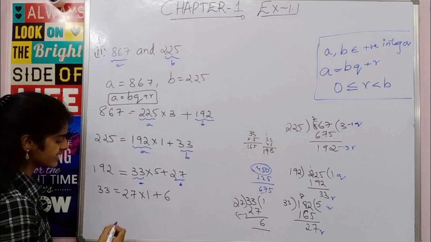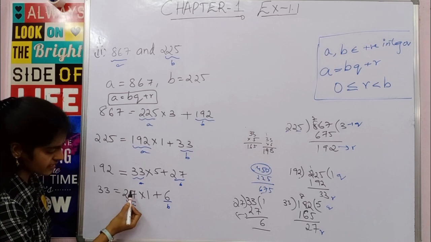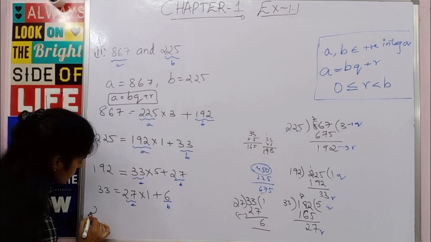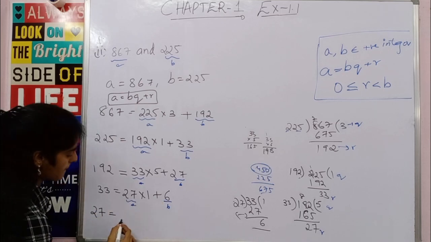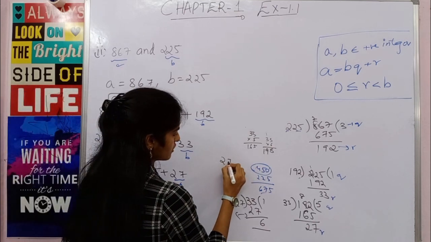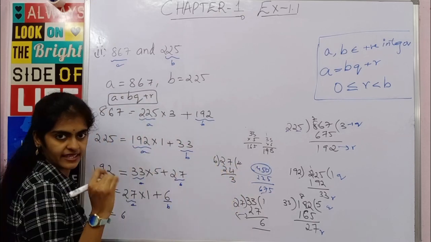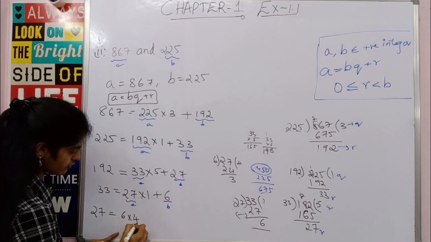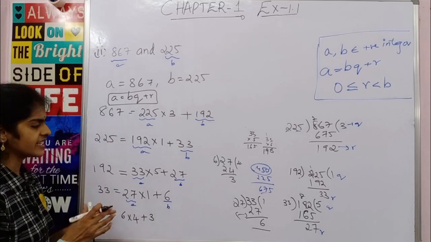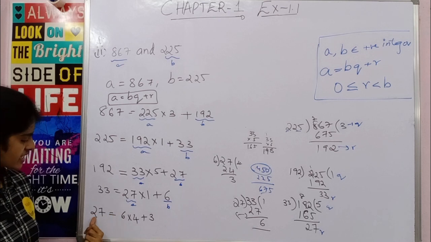Now again you can see this is A, this is B. After the equal to sign, the first number will be A and this remainder will be B. So 27 is equal to, B is 6, Q plus R. Now if you divide 27 by 6, what will you get? 6 4s are 24. Now what is the remainder? 3. So quotient is 4. 6 4s are 24, the remainder is 3. You don't have to divide these small numbers also. To make it clear for you, I am dividing. Otherwise you can see it is 6 4s are 24, and now 27 minus 24 is 3.